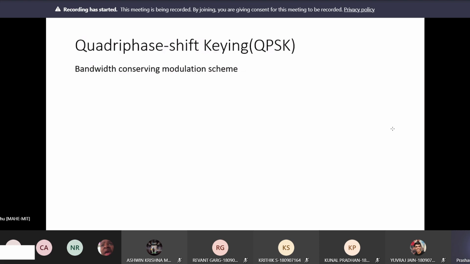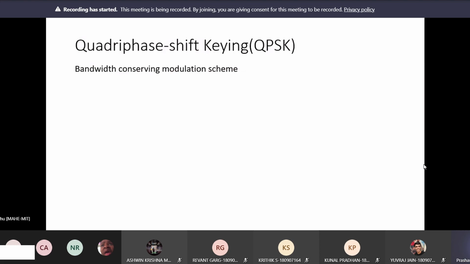Our design goal is usually to have minimum probability of error, maximum power transmission, using minimum bandwidth. So many things are our goal, but all goals cannot be reached in one modulation technique. One of the goals that we can achieve, that is bandwidth conservation, minimum bandwidth utilization, is with this modulation technique, quadriphase shift keying. It's a bandwidth conserving modulation scheme, because 2 bits at a time are going to be placed